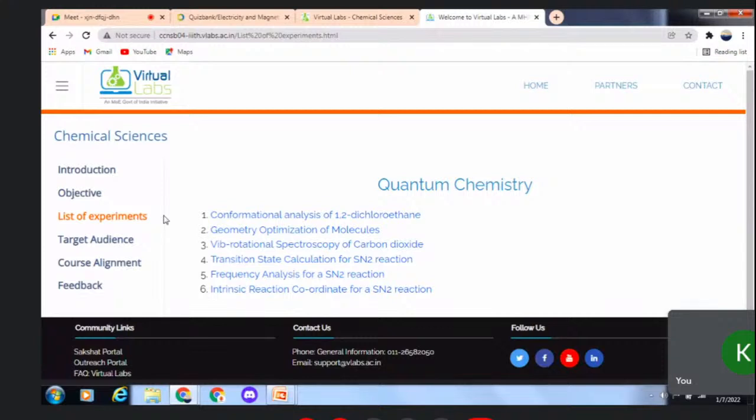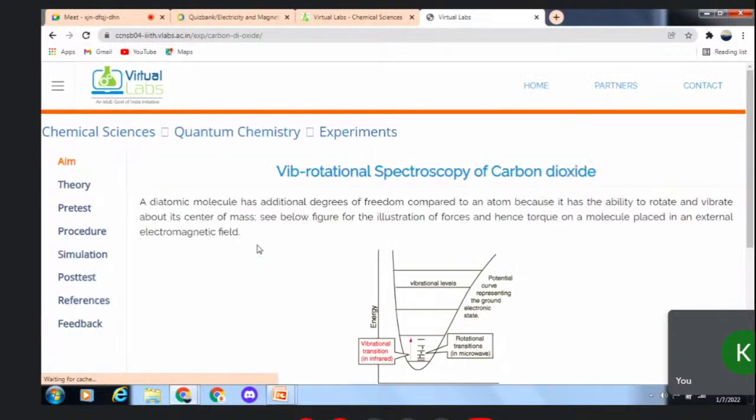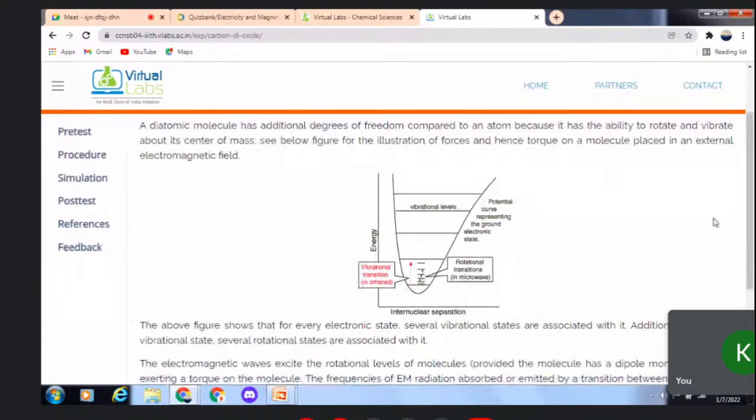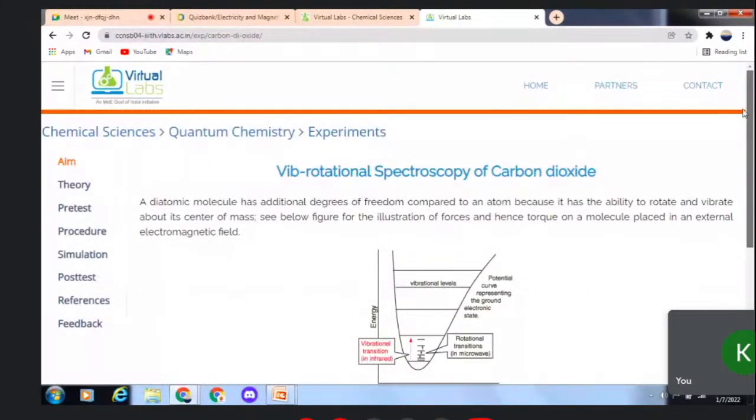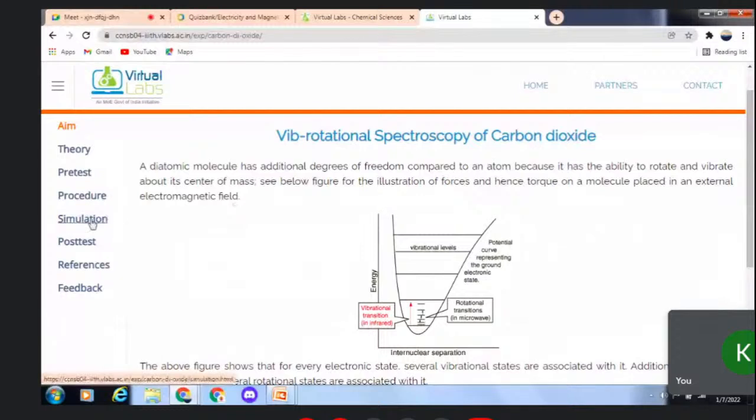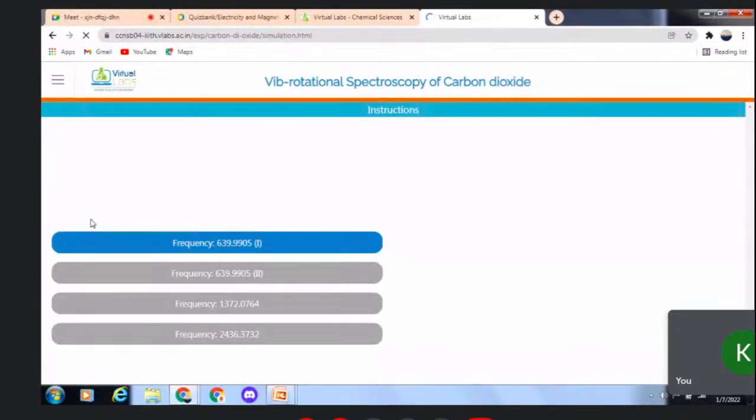This is the list of experiments. If you click on any, like spectroscopy of carbon dioxide, whatever, anything, here the entire course is explained. But if you go to the simulation part,